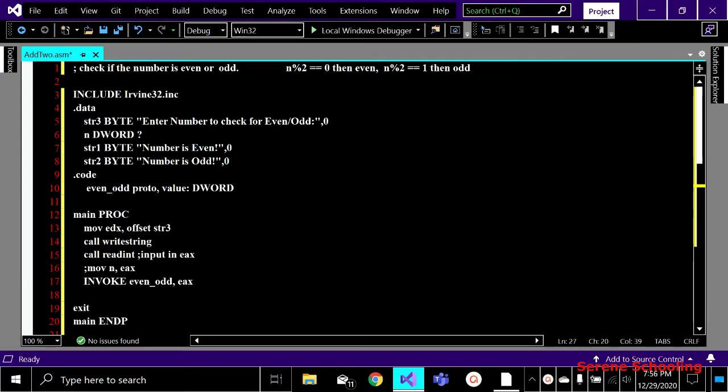So in this program we will print whether the number entered by the user is even or odd. But before starting the code we need to know the conditions for an even or odd number, right? If we divide any number n, an integer number, by 2 and the remainder is 0,